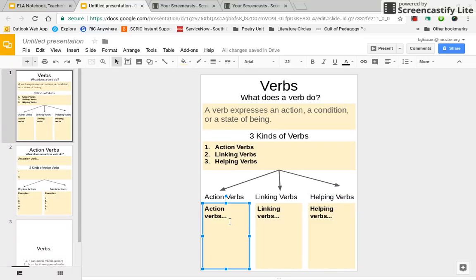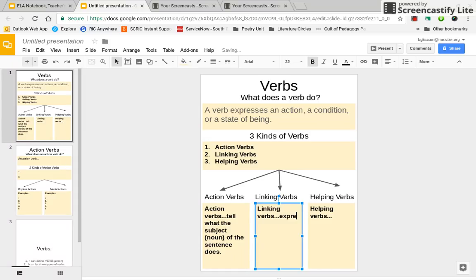The one we're going to talk about today are action verbs, and action verbs tell what the subject of the sentence does. So an action is something that someone does or that something does. The subject of the sentence is who or what the sentence is about. It's going to be a noun. I'll write that in parentheses. So the main noun that the sentence is about, what is that person or thing doing? Okay, a linking verb